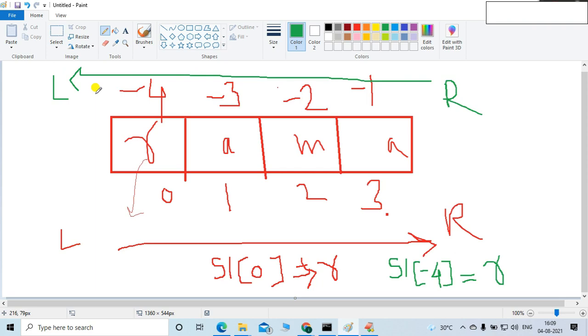Now, friends, let me tell you what is my requirement for today's session. Suppose I want this R and this M word. Suppose, friends, see carefully, I want this A and M word. How can I do it? Character by character, I covered. Using positive indexing as well as negative indexing, you can access a single character.